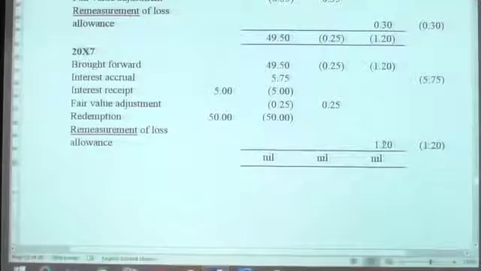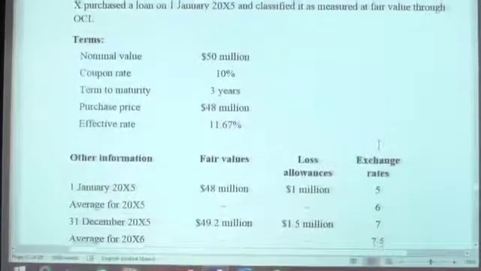Is that clear? Therefore in the identification of loss allowance, the difference is you are not going to identify the loss allowance for fair value through P&L, no issue. Why? It is automatically identified in the P&L. But for amortized cost and fair value through OCI debt instruments, you are required to identify the loss allowance. The only difference is, in amortized cost, you will recognize the loss allowance as a reduction of the asset in the balance sheet. For fair value through OCI, you will recognize it separately under equity. Is that clear? Right. Let us move into example number 3.